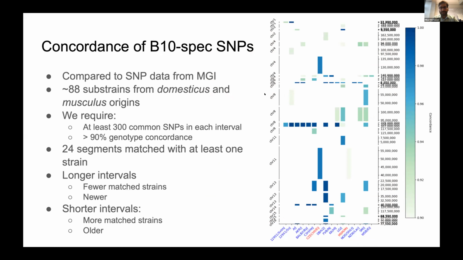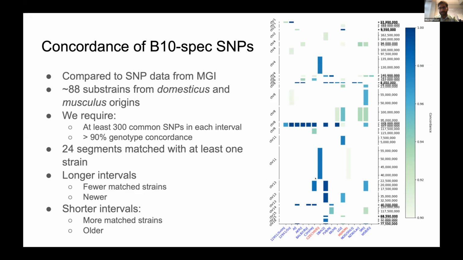On the y-axis of the image, you see 24 segments passed this requirement, and each segment has similarity to some substrain from the MGI database, and we can see that for longer segments, we saw fewer matches among